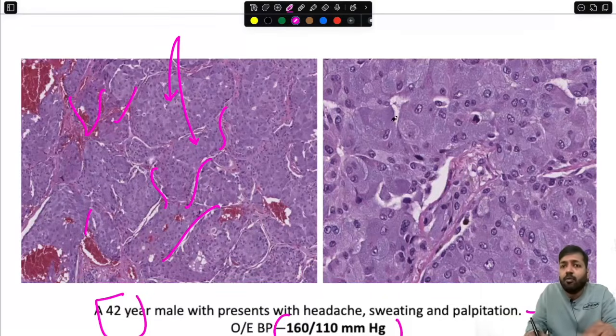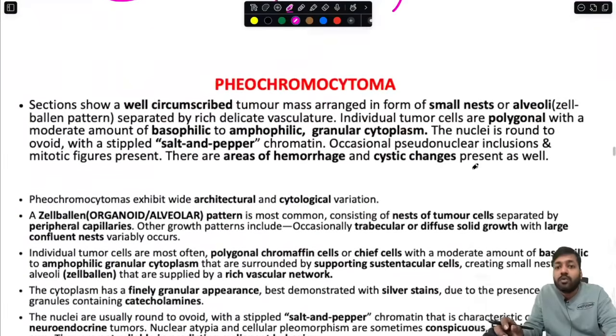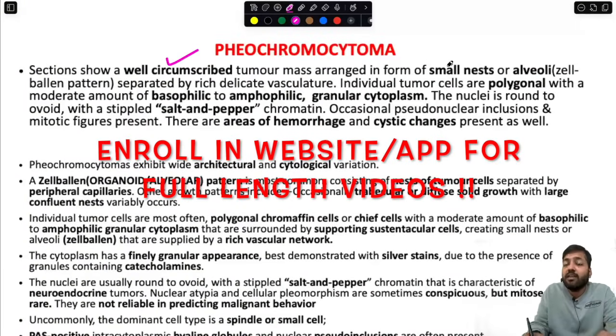In the high power view, you can appreciate individual cells that are polygonal with moderately abundant basophilic to amphophilic granular cytoplasm, which contains granules holding catecholamines. Over here one mitotic figure you can also appreciate. The nucleus is uniform, basically bland, not pleomorphic at all, as you can appreciate over here. And therefore, what is this case? This is the classical case of a pheochromocytoma. It shows a well circumscribed tumor mass arranged in the form of small nests